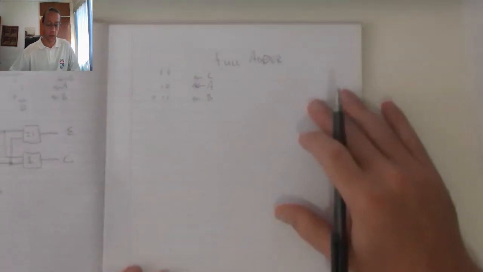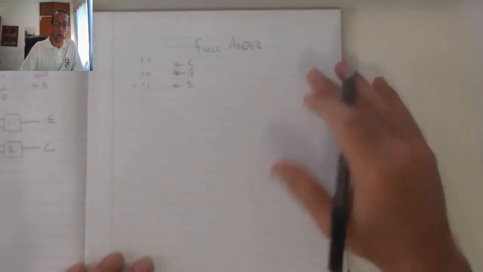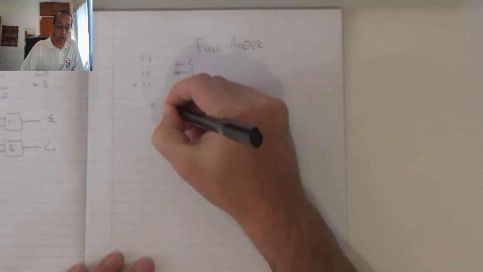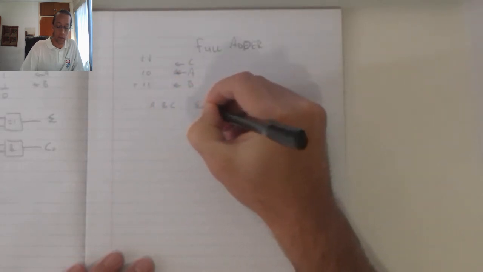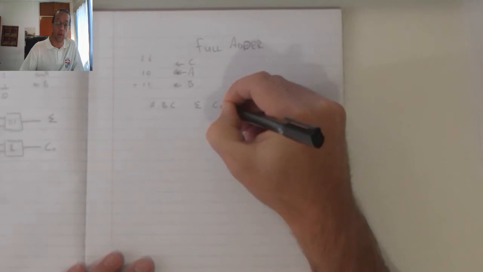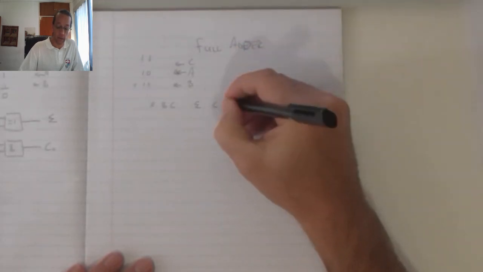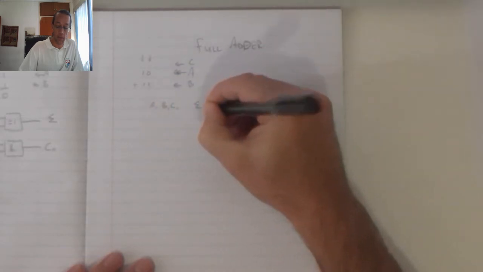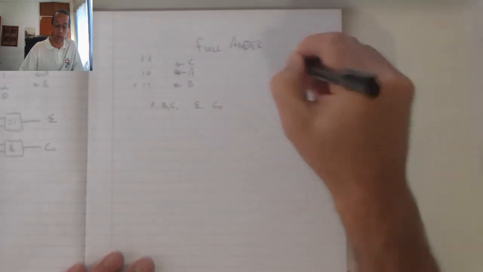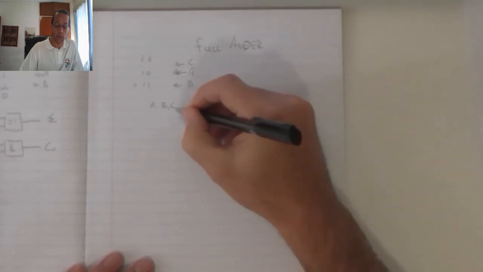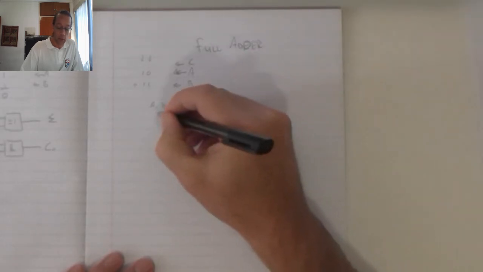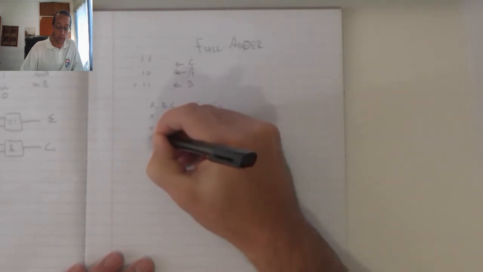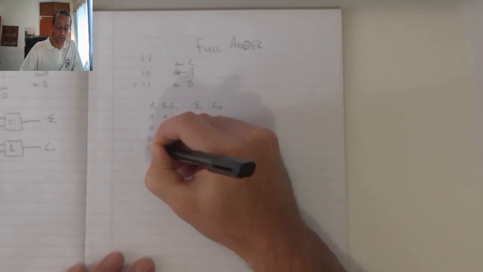Now the full adder is a bit more complex, and you're welcome to go do the Boolean logic behind that yourselves. But we've got A, B, C, we've got our sum total, and we've got our carry from the previous adder. So just to make this simple, let's call those all ones, but the carry comes from the previous step, so that is those numbers minus 1. So quickly drawing out this truth table,